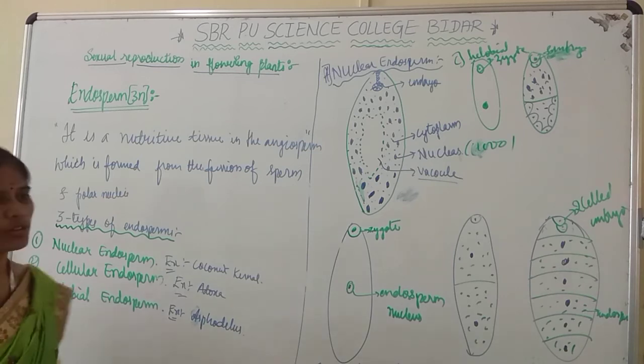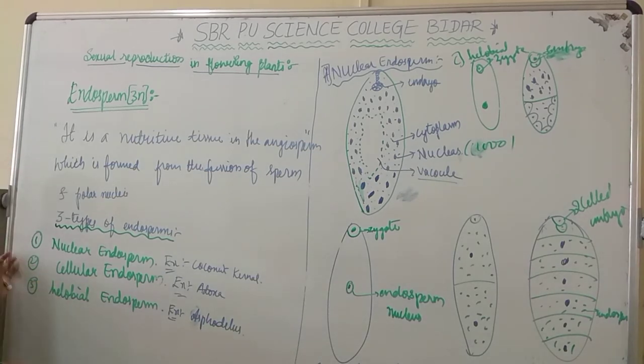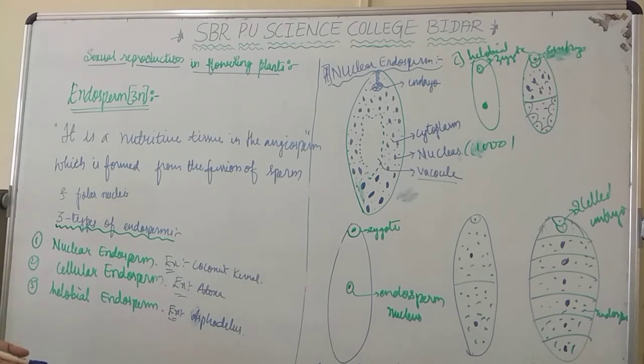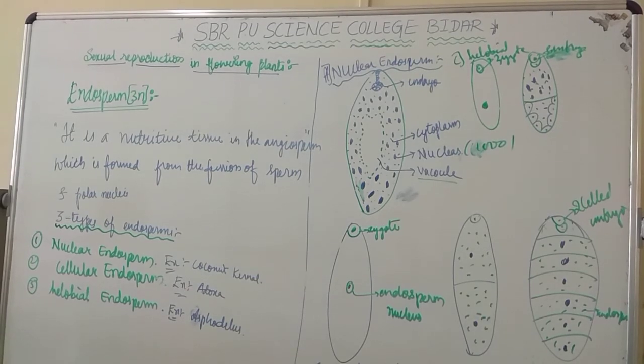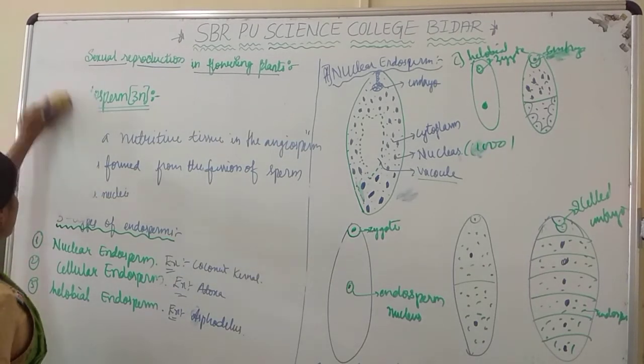So one more question is going to arise here. Depending upon the amount of endosperm present in the seed, the seeds are of two types, that is albuminous seeds and non-albuminous seeds. A 2 mark question is fixed here: write the difference between albuminous and non-albuminous seeds. Okay, we call them endospermic and non-endospermic, albuminous and non-albuminous. Okay, I'll write here.